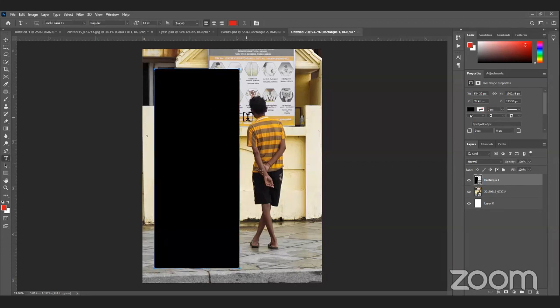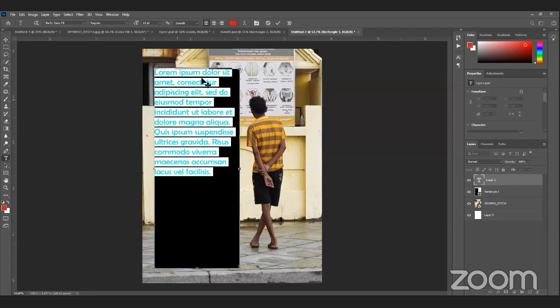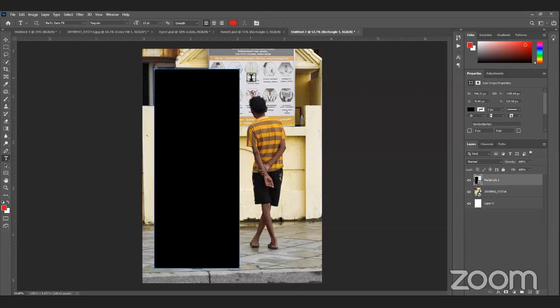Okay, text tool, not on the rectangle, just outside the rectangle, because if I click inside the rectangle, it will take the whole rectangle as a placeholder.